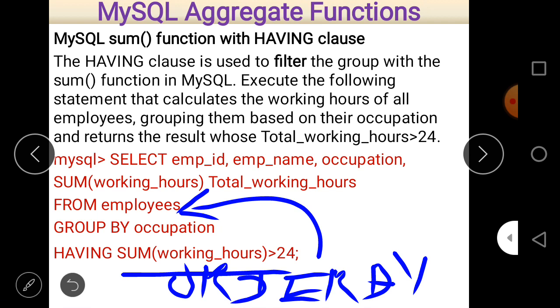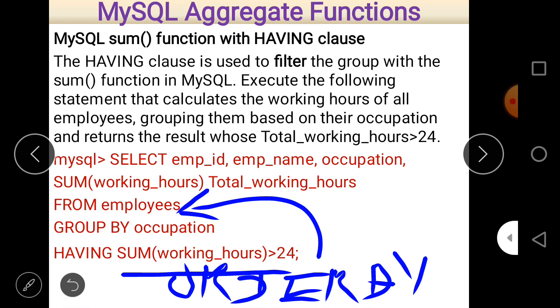Then first of all focus on the aggregate function, then the condition on behalf of which that group will be formed, and after that the condition related to that group must be mentioned with the having clause. And if there is a general condition, then it is always given after the FROM table name. And then at last, if you want to put data in ascending and descending order, just write the ORDER BY clause at last.